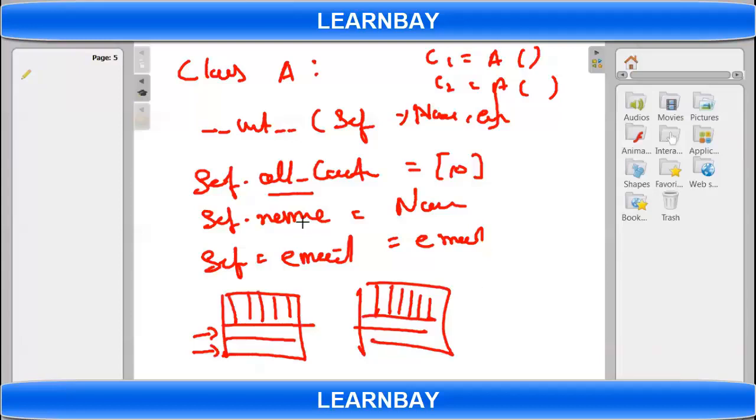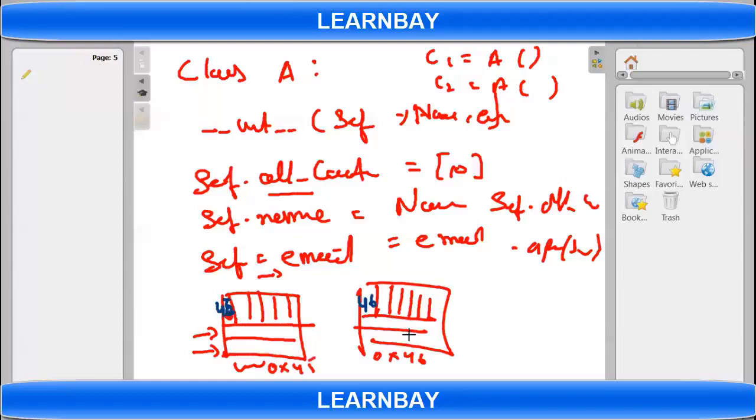And if I write append at the last here using self.all_contact.append(self), what will happen? I'm appending this address at this location. So for C2 also it will be added. Let's say this address is 0x45, this is 0x46. I'm ultimately going to write these two here, 45, 46 and 45. So we have 2 lists.